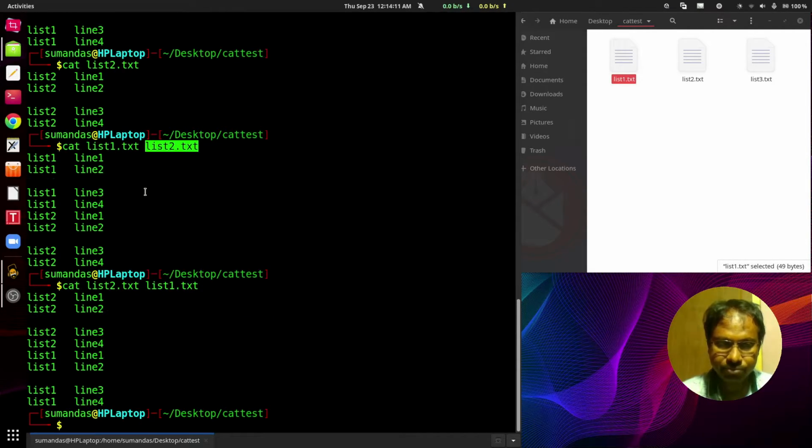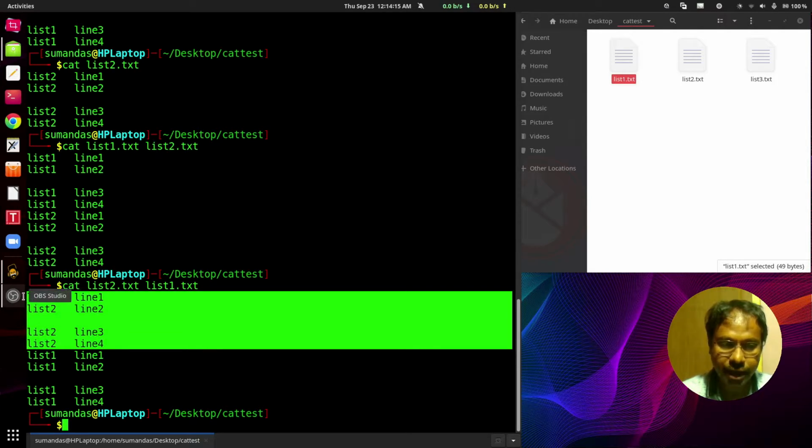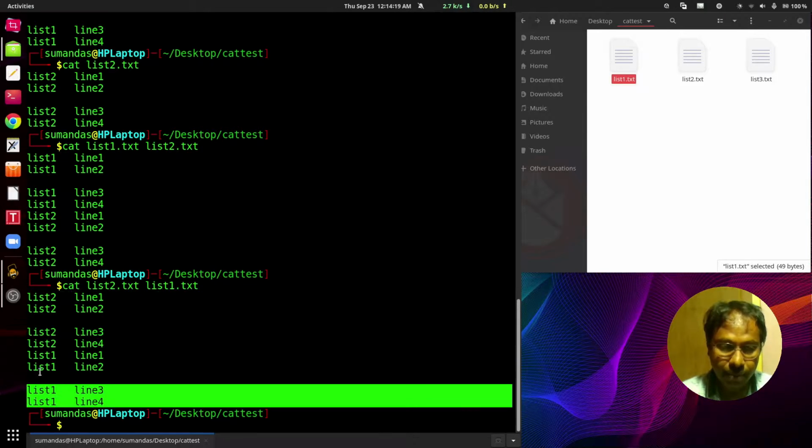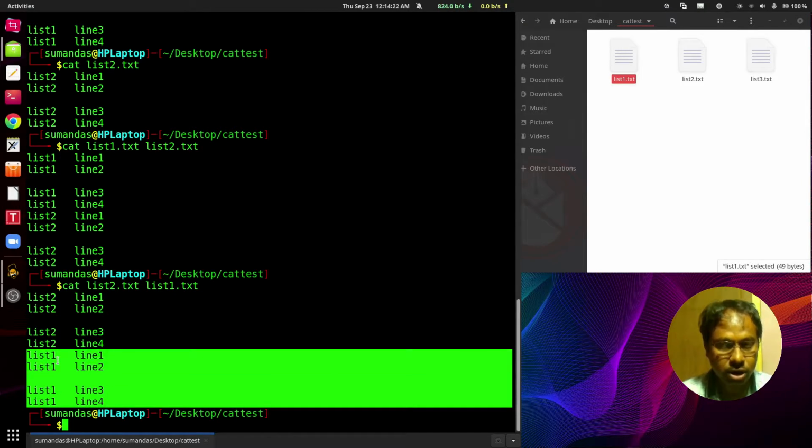Press enter, and here we can see the first 4 lines are the content of list2.txt and then list1.txt's content is given. In the same manner, we can also use the cat command to concatenate the contents of more than 2 files.